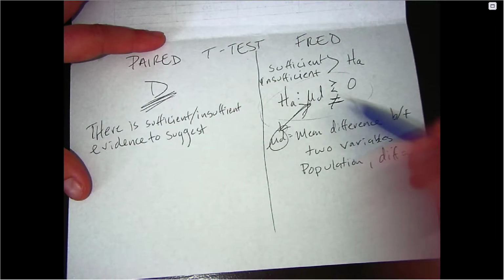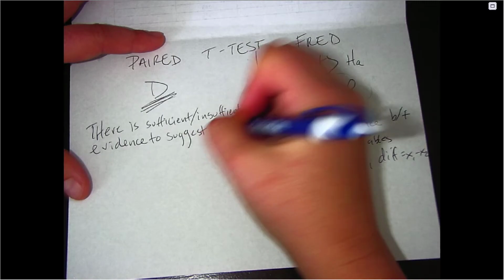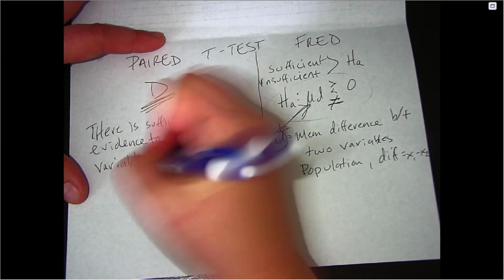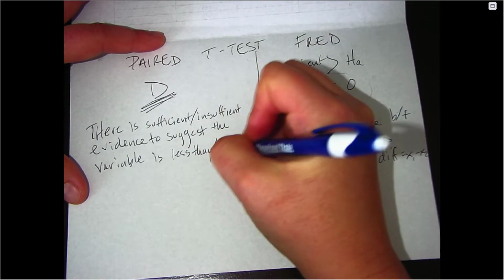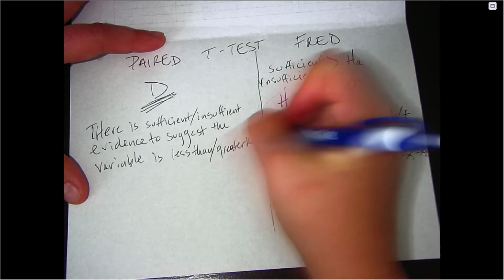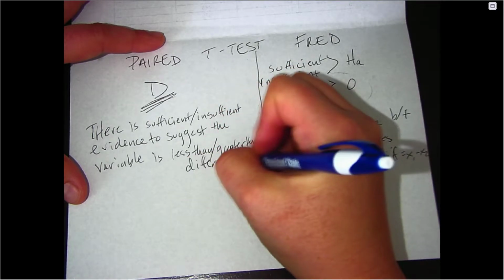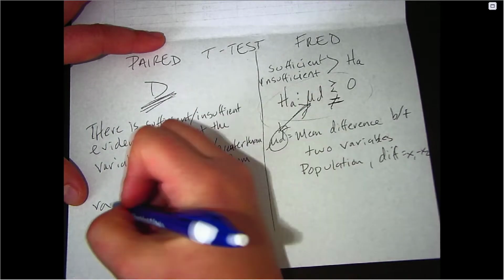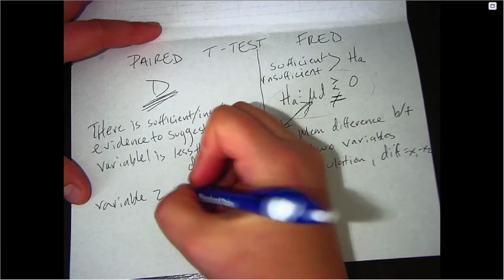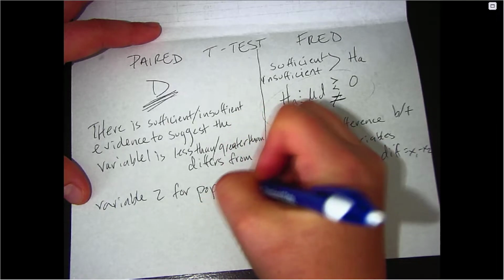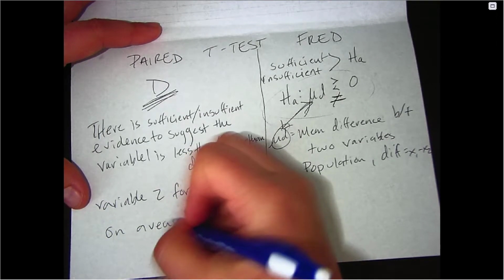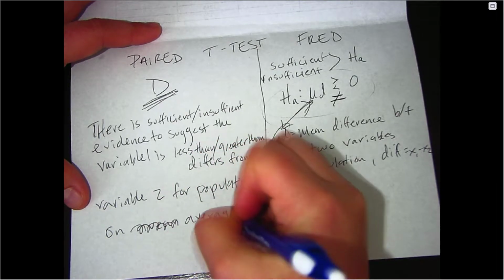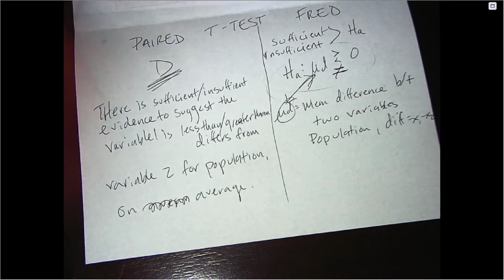So we're going to say to suggest, and we would say maybe variable 1 is less than, greater than, or differs from, and then we would state variable 2. And then we would state the population, and then on average. On average. Okay, now, that's kind of a generic paint by numbers approach, and I want to show you what parts are